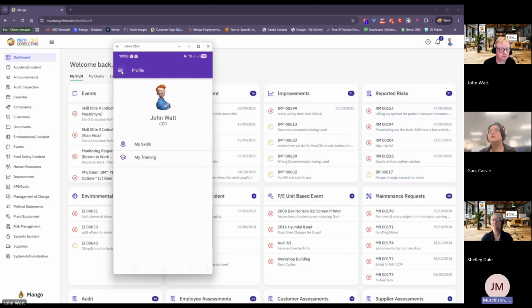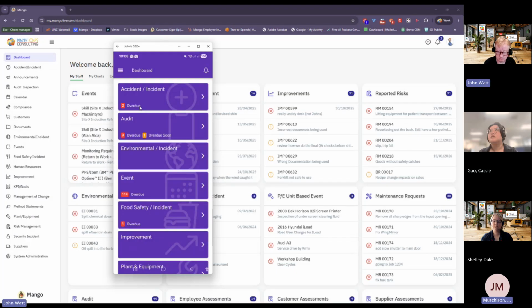With those, and this is probably drilling into detail, but with something like that, can you attach quizzes and things like that to them? Yes, you can. Mango has an inbuilt e-learning module that I'll show you. Does this trigger a workflow? For example, I complete the training, complete the quiz, and it goes to the manager to mark the score and show whether I failed or passed. Yes, it can. You have two options. You can either send it to somebody for assessment, or you can have Mango assess it for you.